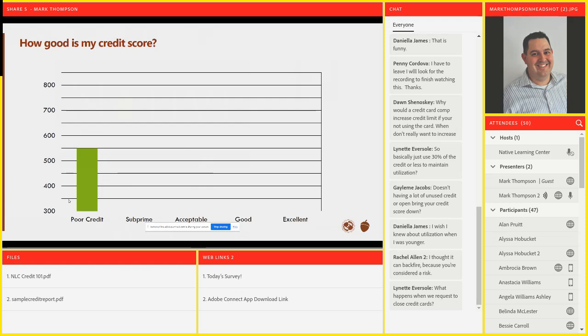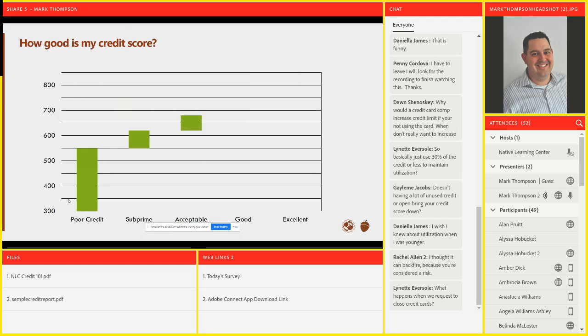Poor credit is generally about 550 and under. Subprime, if you remember back about 13 years ago, we heard about those subprime loans that defaulted. That's in the category between 550 and about 620.